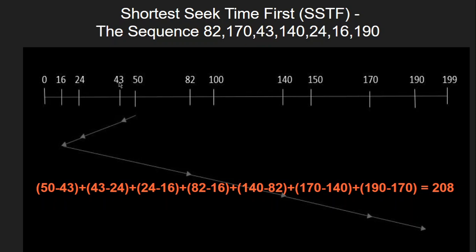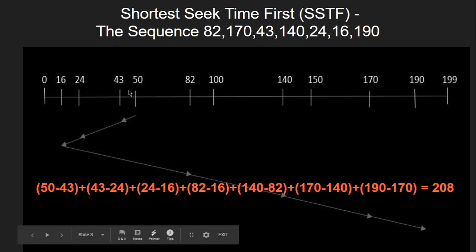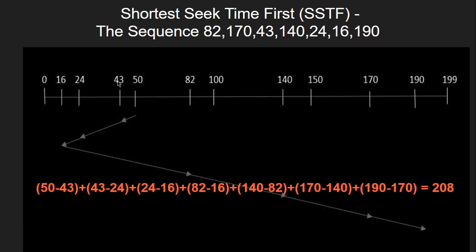Now we need not mind whether we are moving towards right or left, because the point here is shortest seek time first. So go to the nearest one, which is 50 to 43, so the difference here is 7. And then we have to check again from 43 which is the least one. From 43, 24 seems to be the least rather than the other numbers. Likewise, you have to keep on finding the difference between the current request and the next request. Whichever is the shortest, you have to go to it, because of this algorithm, shortest seek time first.